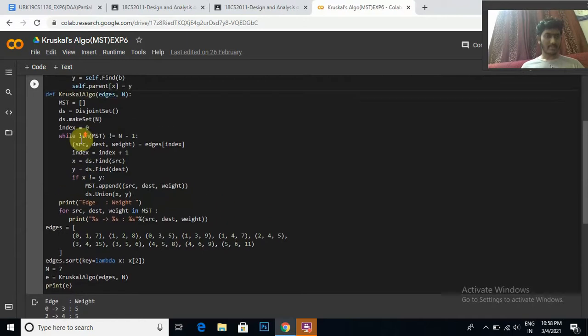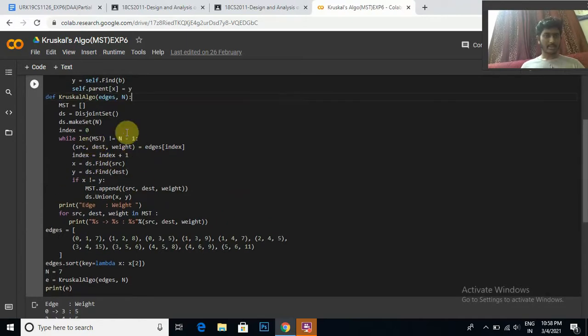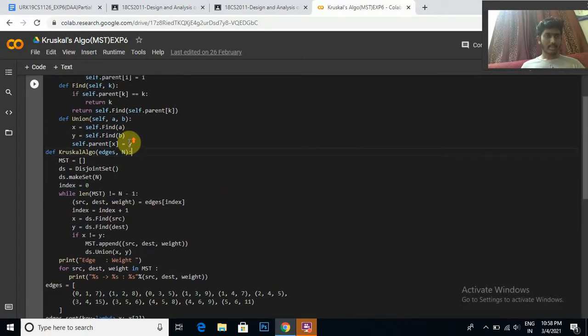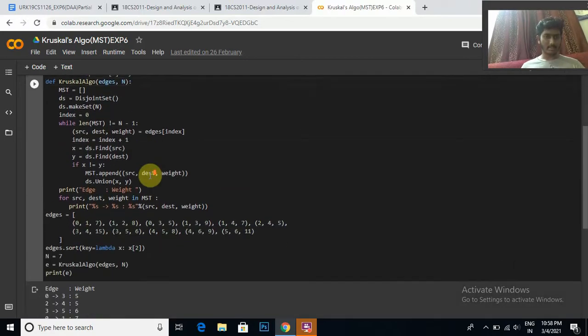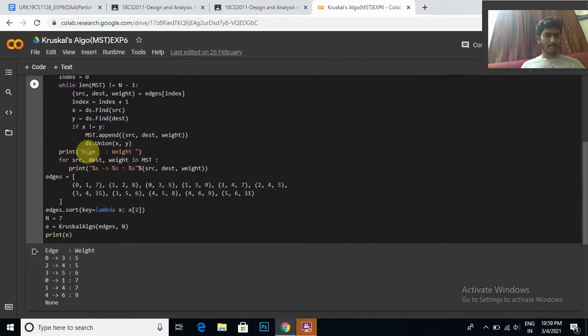That's all. The same way, first it will go for the first one. For the second one it will check whether it's making a cycle or not. If it is not of the same set, then it will add, or else it will remove. That's all. So finally what I am doing is I am printing the edges and weights from source, destination, weight